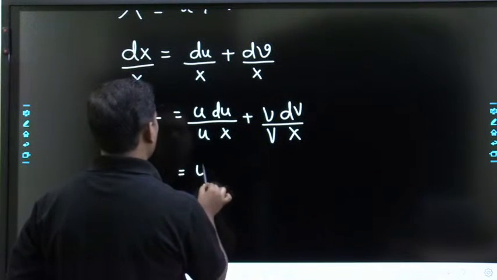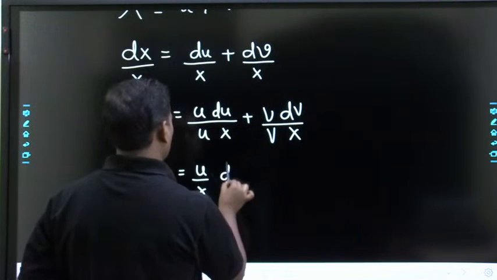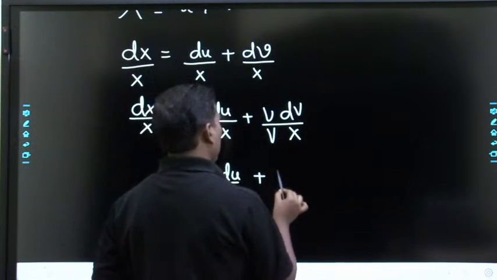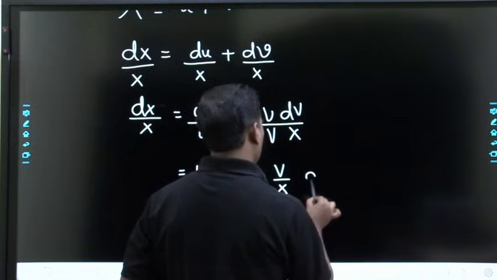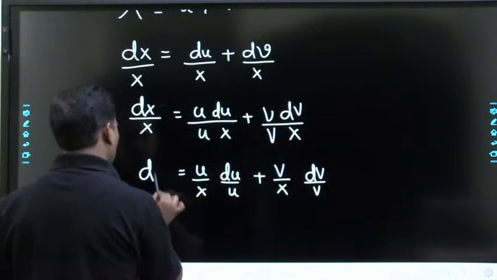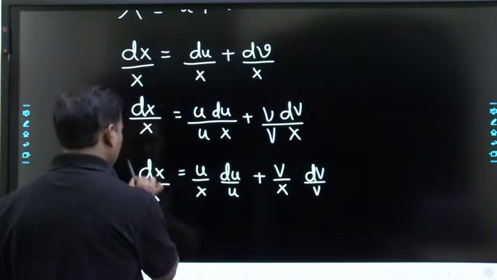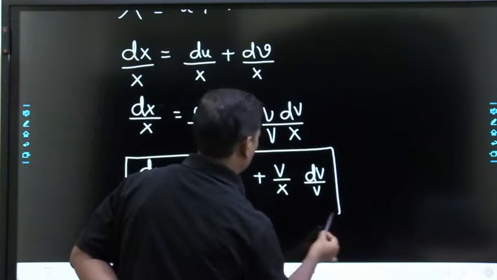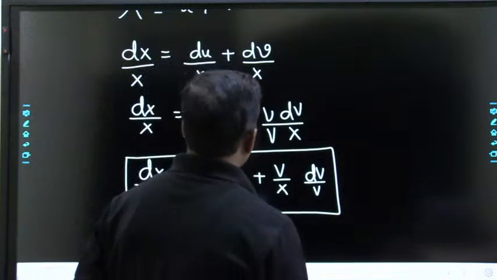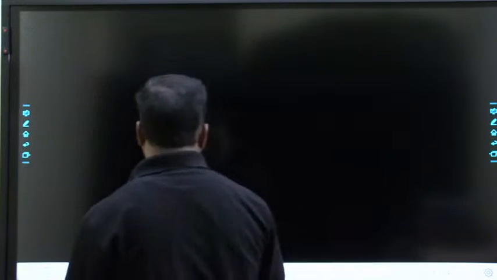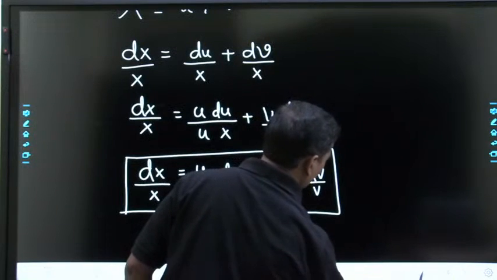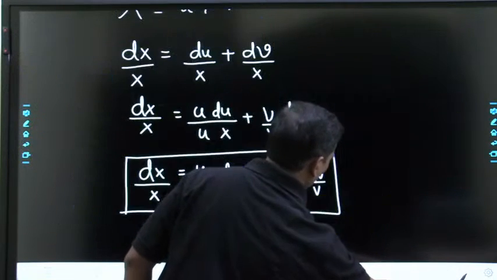This will become u by x du by u plus v by x dv by v. So this is dx by x. Okay, dear students? That means if he is given the summation of the currents, what has he given in the question? If you observe,